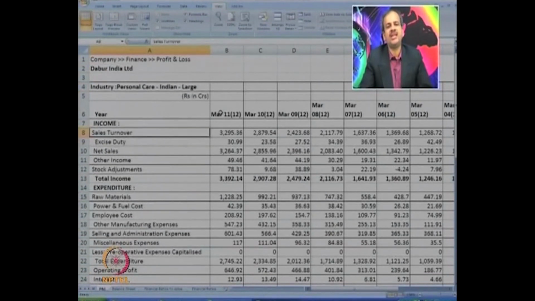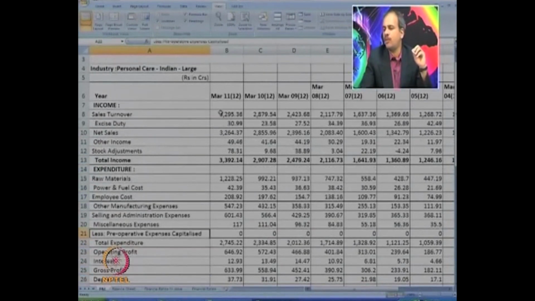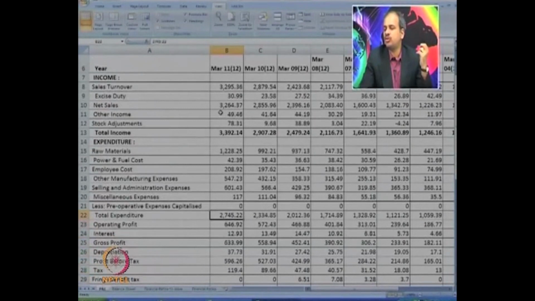Typically you are provided with sales turnover, excise duty, net sales, stock adjustments, then various expenditures like raw material. You will see that raw material is a major expense. 1228 crores, that is 1200 crores, is the raw material cost for a sale of 3300 crore. Another major expense is selling and admin expense. Total expenditure is about 2700 crore, giving a net profit of